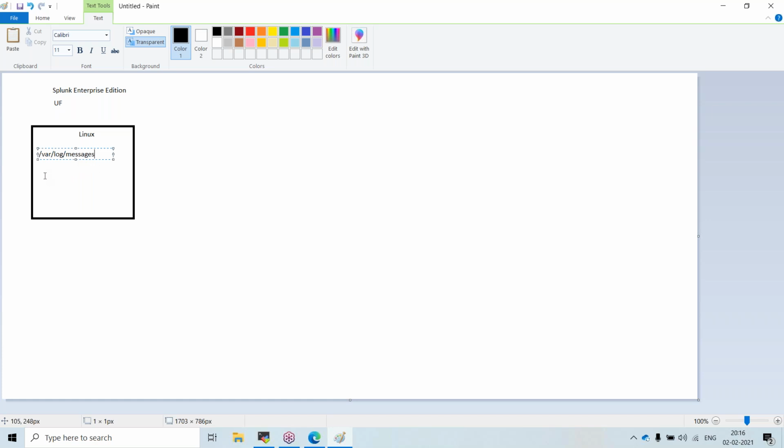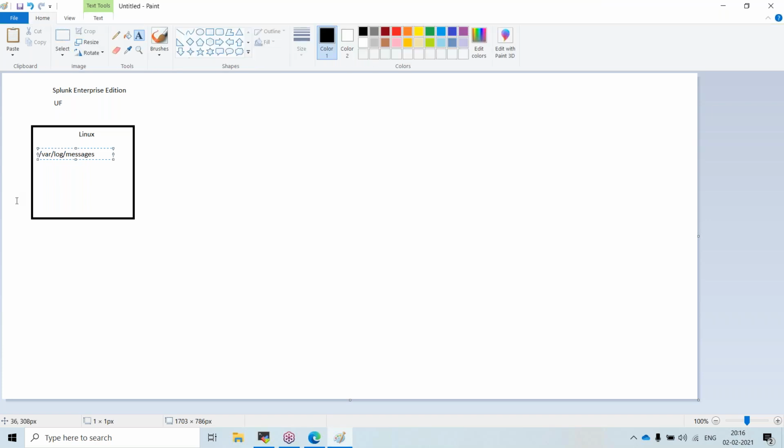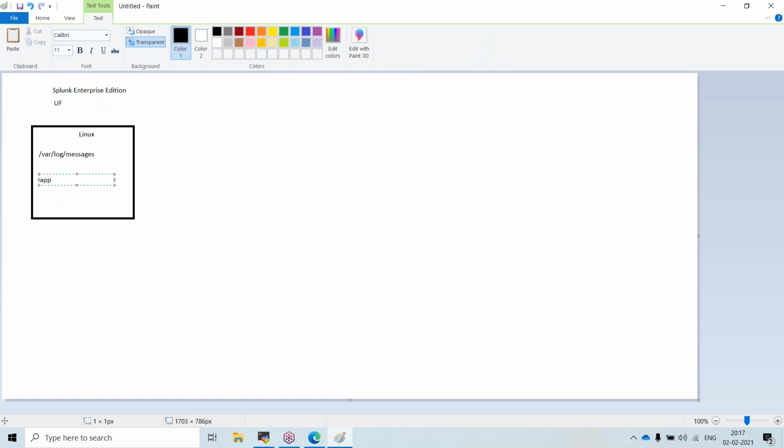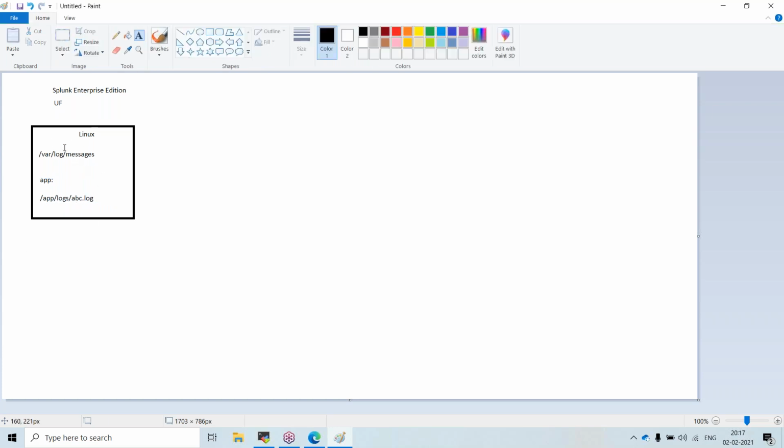And I have an application, Tomcat, installed on the same server, and the path for that is /app/.../abc.log. So my requirement is to ship my logs